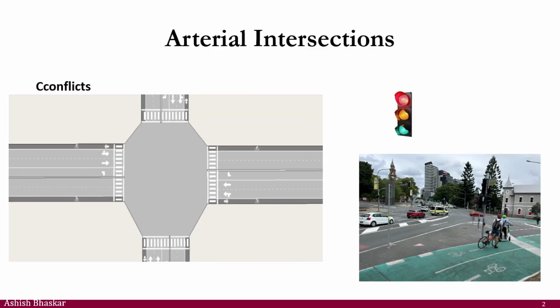Now let's look at arterial intersection. Look at this intersection. Arterial is very different from the motorways. Whatever we have been discussing so far was on motorways, where different approaches are not going to conflict with each other. But here on this intersection, you can see there are different approaches, and there can be a significant conflict among these approaches. For instance,